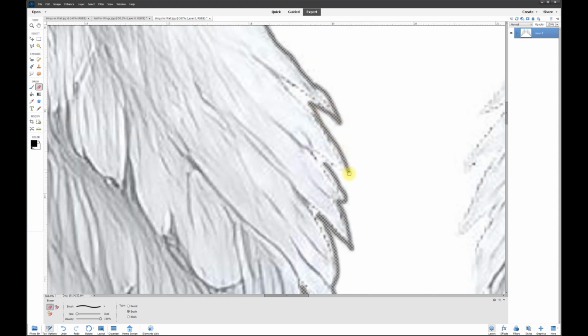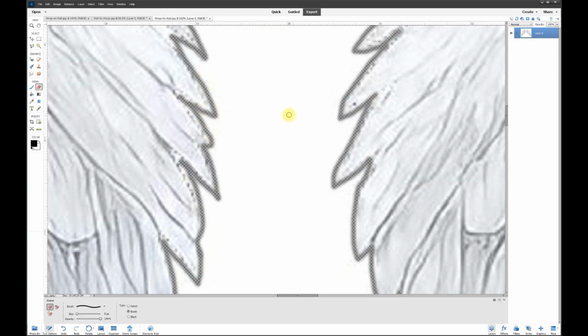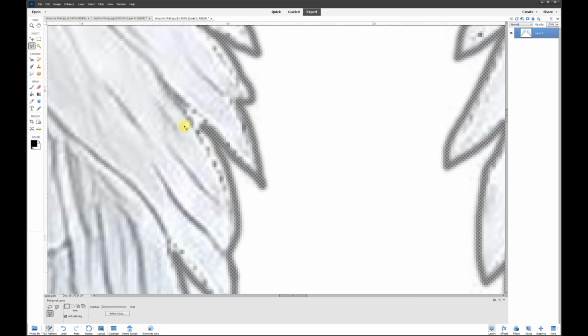Now, once you get to the end of tracing the wings, now we want to cut out in between to get rid of the background using the polygon tool. Zoom in really close, and all you got to do is